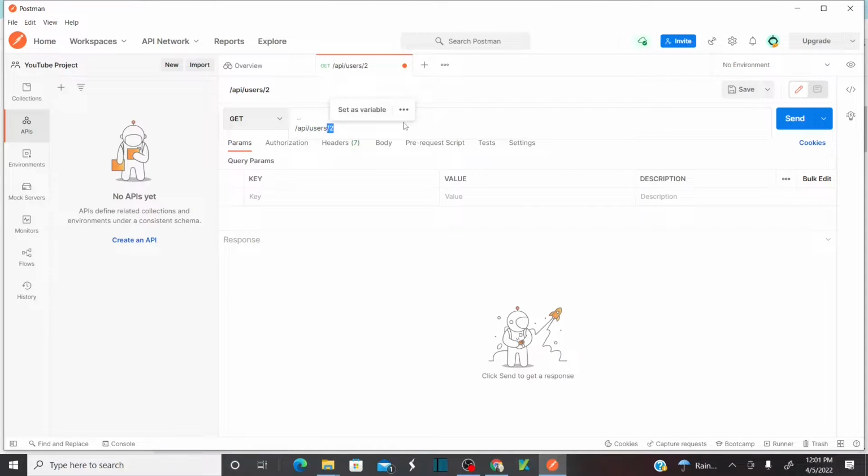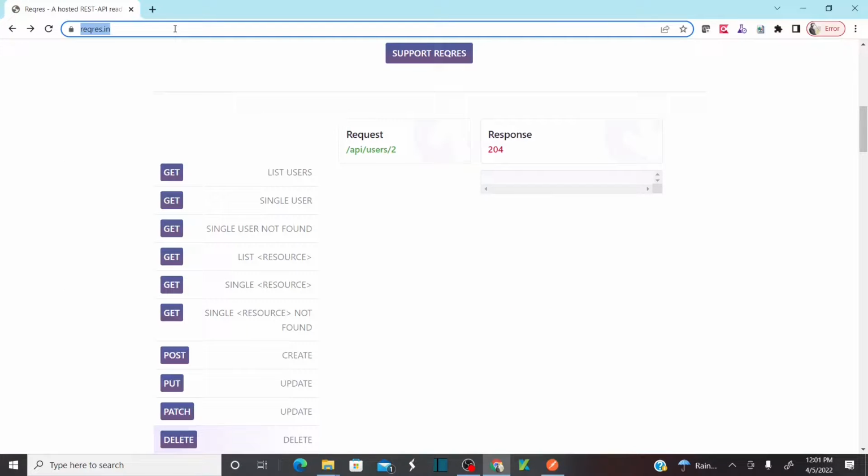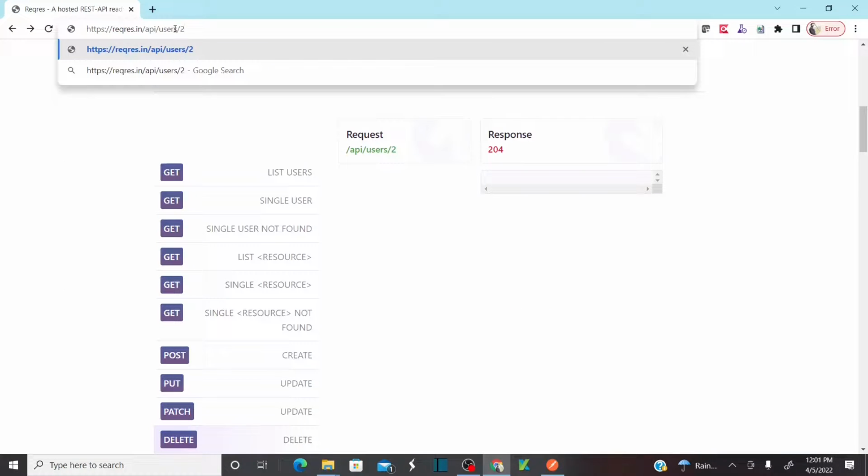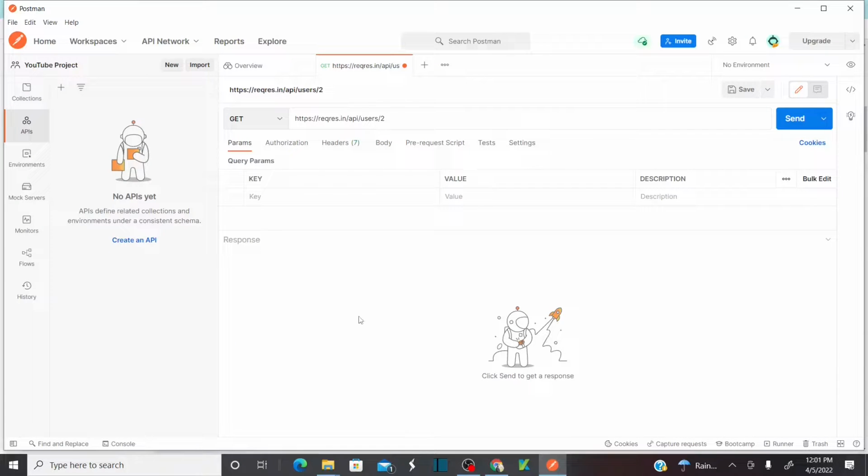Okay, so what is the URL? Let me copy this again. The URL, the entire URL is this. Copy this and paste the URL. Okay, and now if you see here under the REST request, you can see parameters,